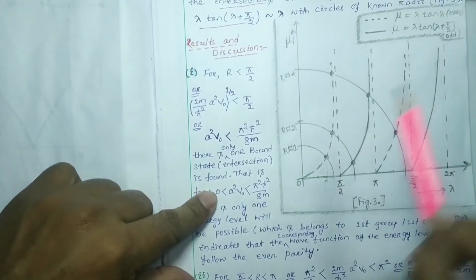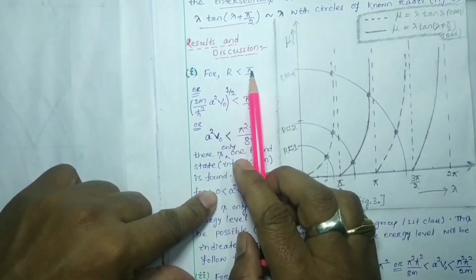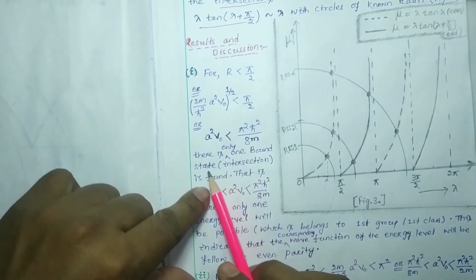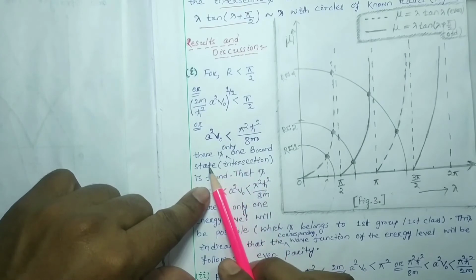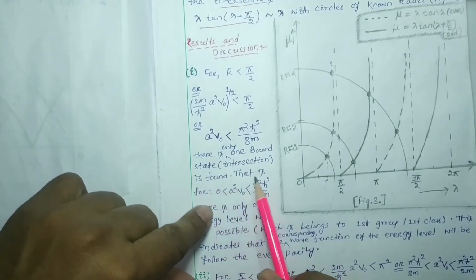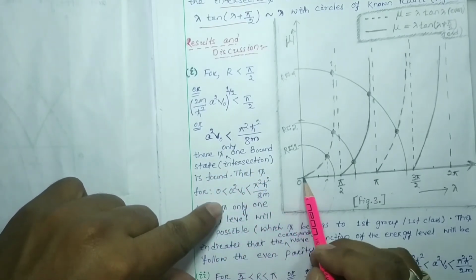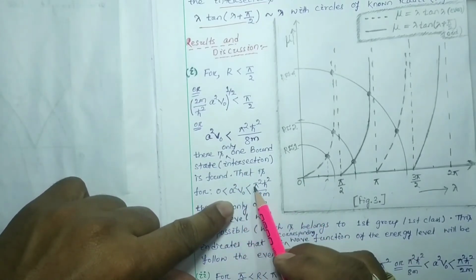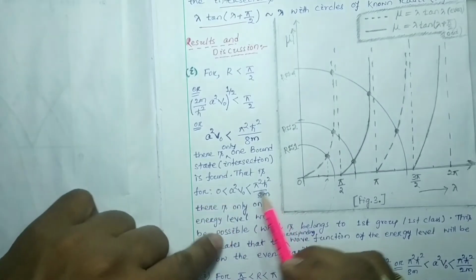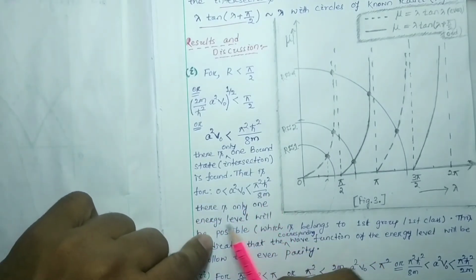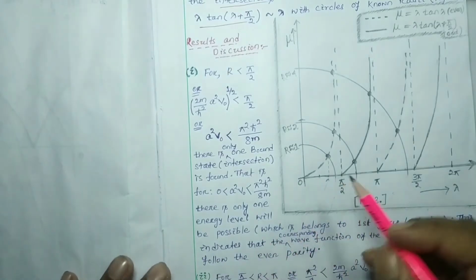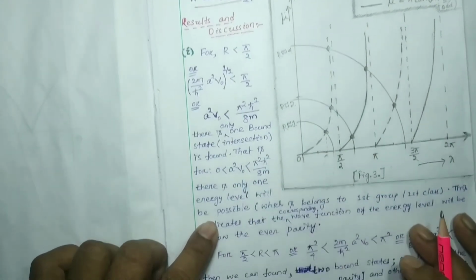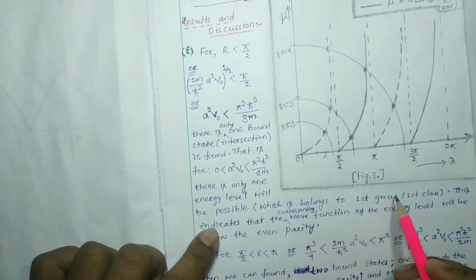So for 0 to a square v0 less than pi square h cross square by 8m, only one energy level will be possible. One intersection means only one energy level, which belongs to the first group, because